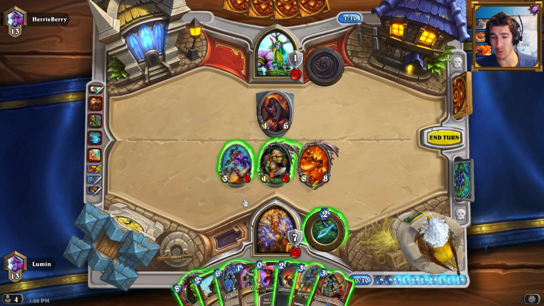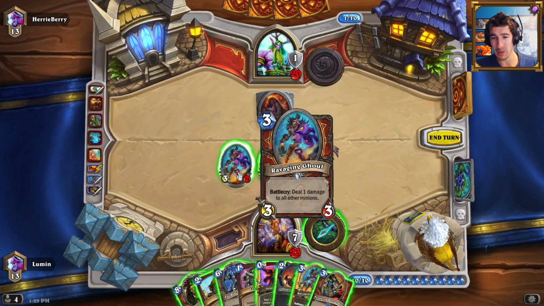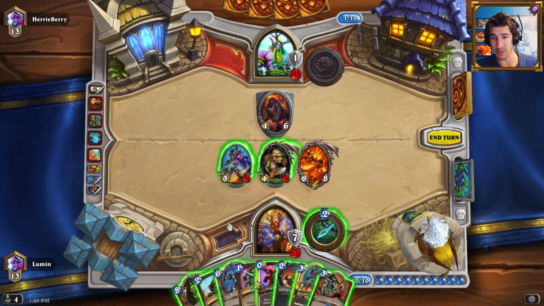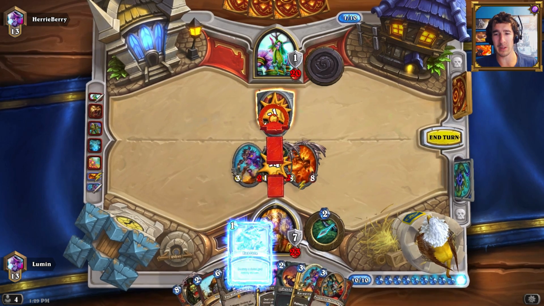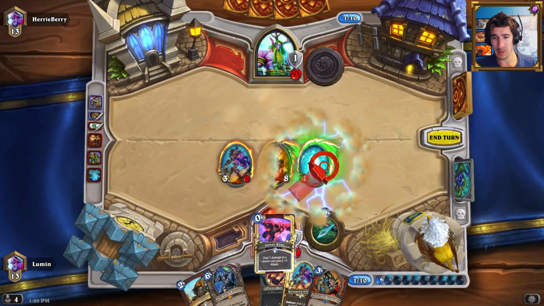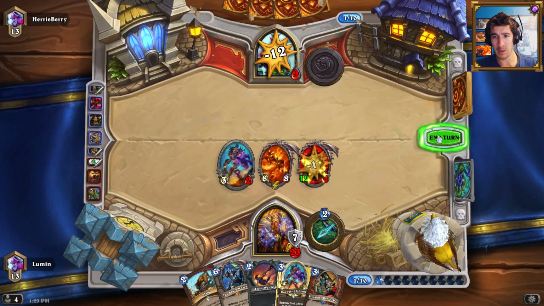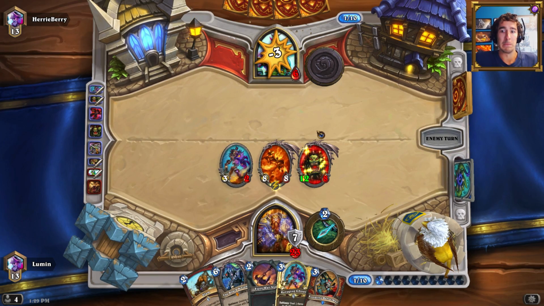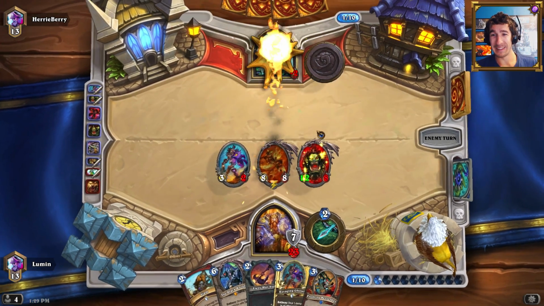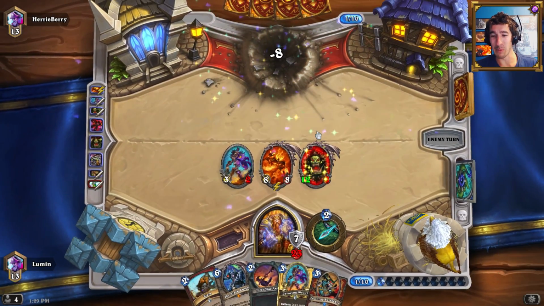So we can do 12 to face, plus we want that 8 to face. So with Execute, I can just attack into there. Execute. Oh yeah, whoa, whoa. He's way dead. Okay. No problem. It's pretty rough, right? Wow. Hairy Berry, I'm sorry. That was...